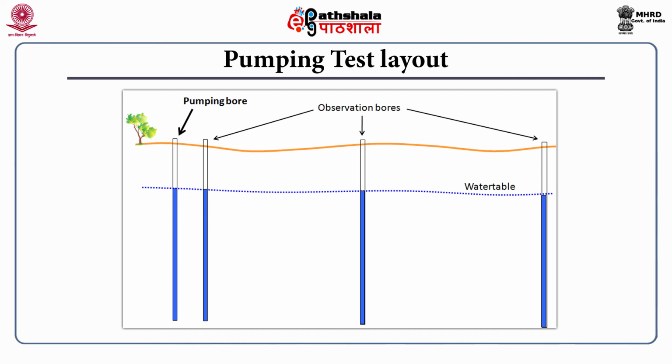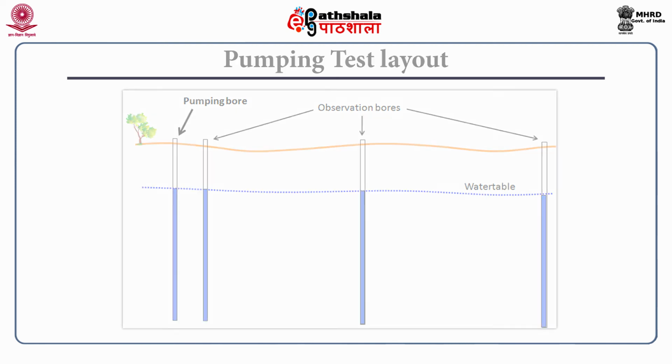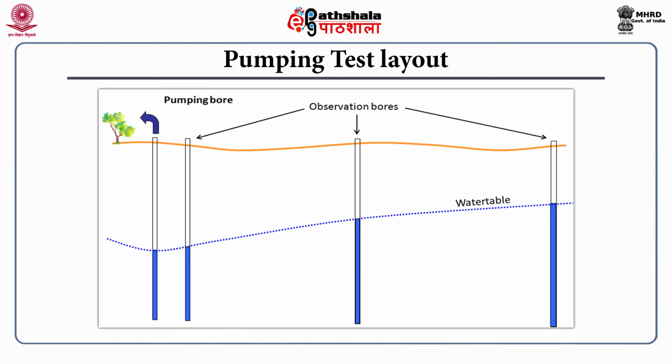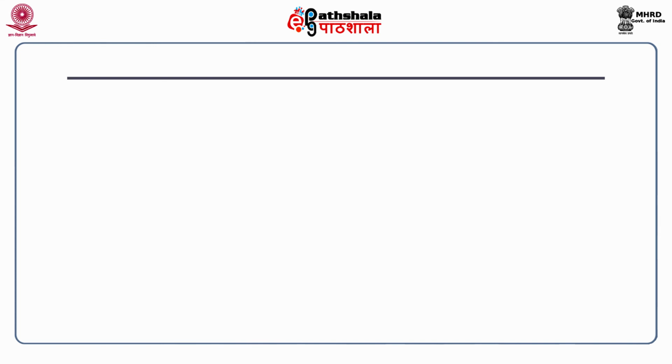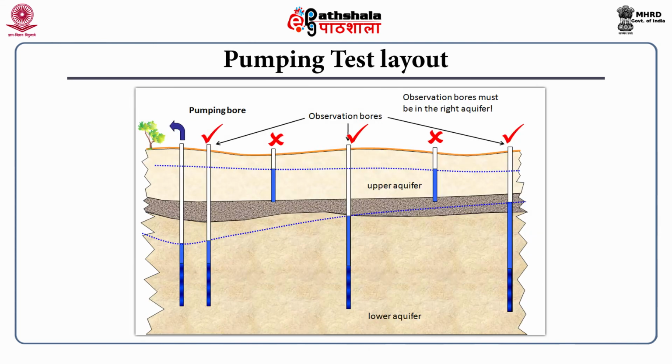So, this picture shows the pumping test layout. This is the ground surface, and we are having a pumping well denoted by this solid arrow, and then nearby to this pumping well there are 3 observation wells. Now, when the pumping starts from this main pumping well, the water table started going down. The drawdown is going to be maximum at the center of this pumping well, and it started a cone of depression to the surrounding location, and whatever this drawdown is going to be observed can be obtained directly from these observation wells.